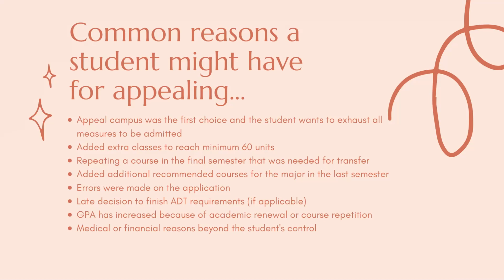But in the event that a student wasn't able to get help and they made errors on their application, that's when we want to make sure that we do an admission appeal for the student too. Sometimes they forget or they don't realize that they should not be including untransferable classes in the transfer GPA and things like that. Sometimes students decided later on that they wanted to do an ADT when at first they didn't want to, and